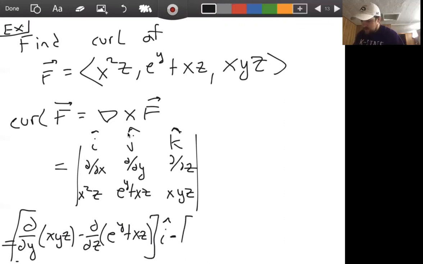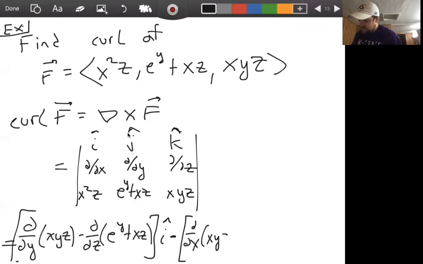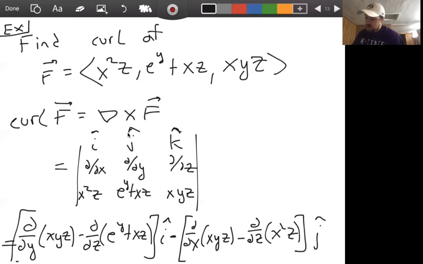Minus, then for j hat, we delete the row and column that it belongs to, and then take the resulting 2 by 2 determinant. If we do that, we get the partial derivative with respect to x of xyz minus the partial derivative with respect to z of x squared z. And this is j hat, right? And then I'll write k hat up here. So plus